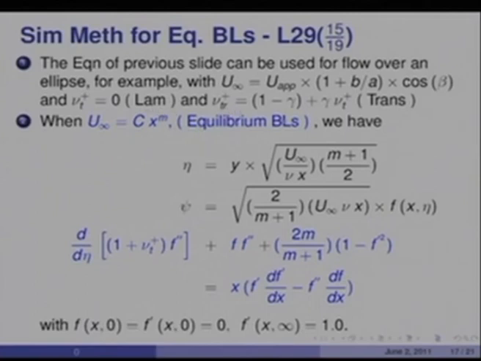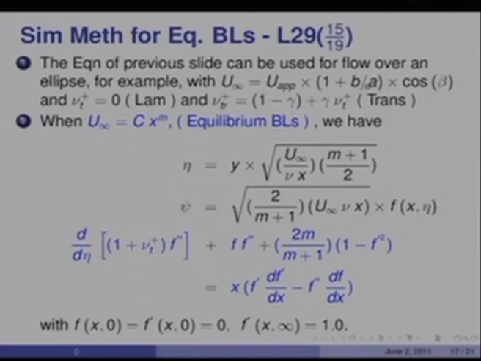Nu t transition would be 1 minus gamma plus gamma times nu t plus in the transitional region, and of course, in the turbulent regime gamma would be 1. So, that would be simply nu t plus. So, we can use the previous slide equation to calculate flow over a family of ellipses, but presently what I am going to do is